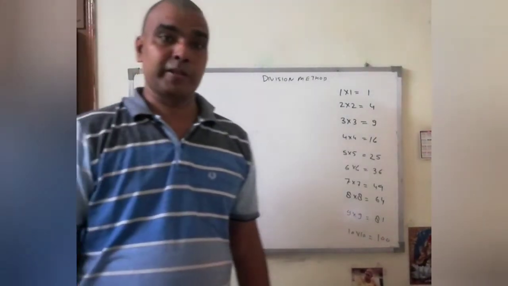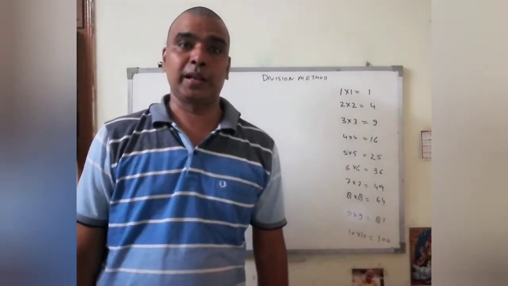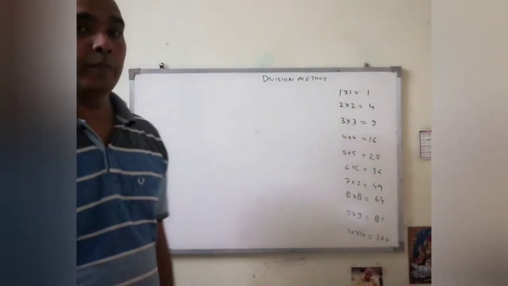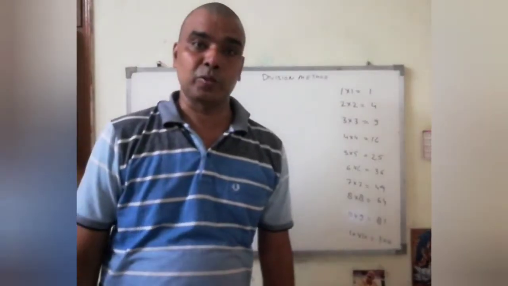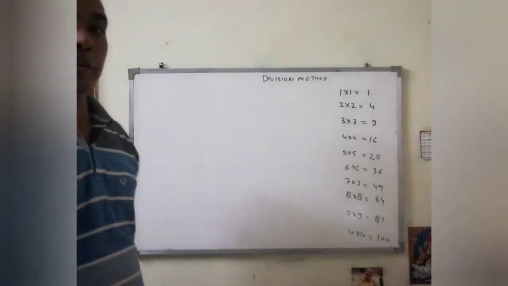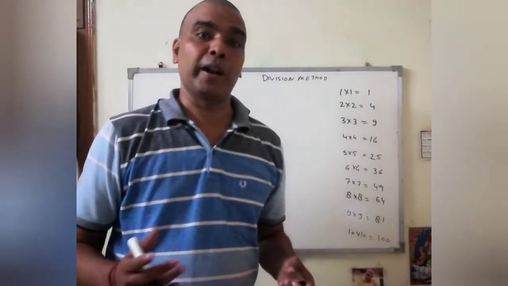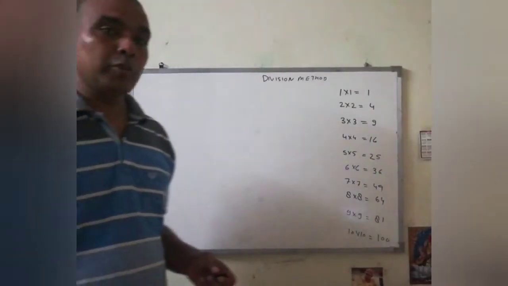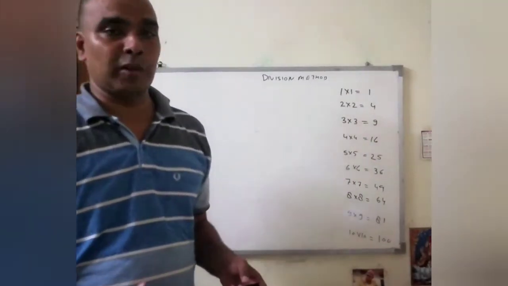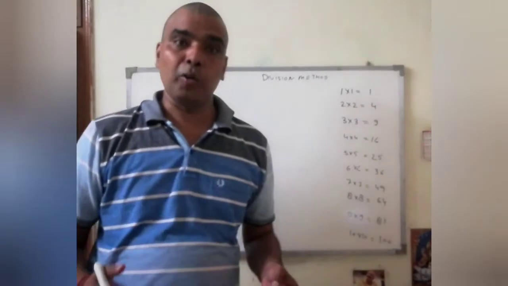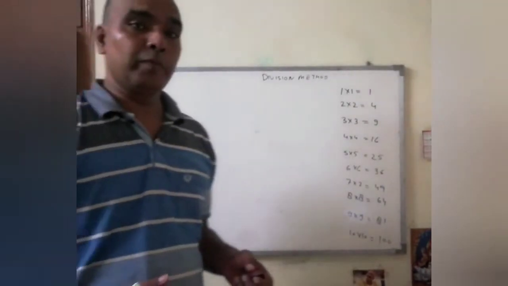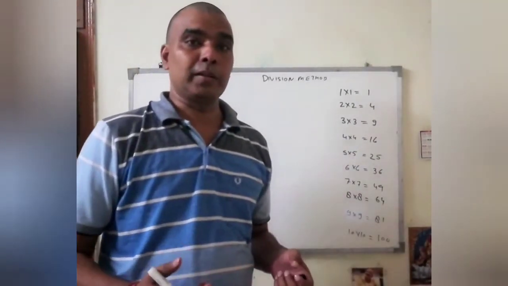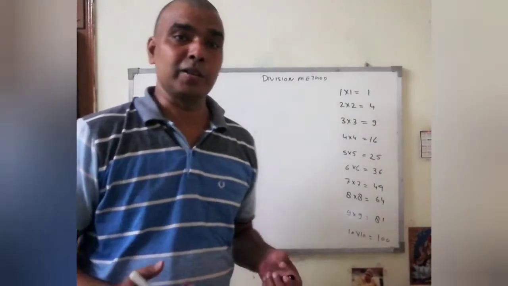There is some restriction in the repeated subtraction as well as the prime factorization method. The number should be a perfect square. But in the division method there is no restriction. You can find the square root of any number. I have told you some numbers to find the square root using the division method. Now I am telling you some number for which you will find the square root.